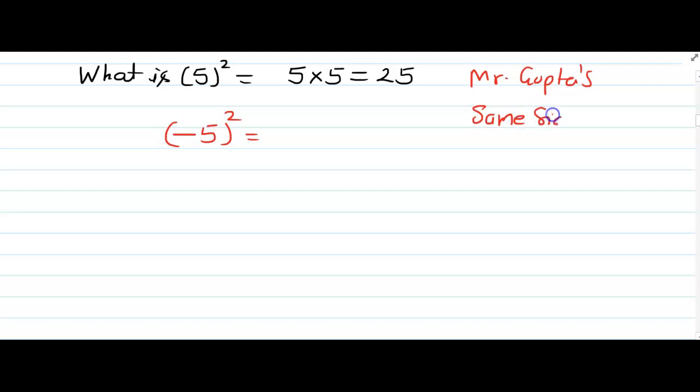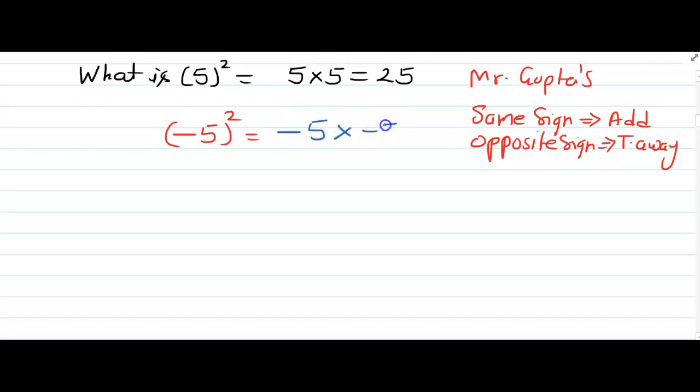Same sign means add, opposite sign means take away. So minus 5 squared means you're multiplying minus 5 times minus 5. See here, this is minus and minus. They are the same sign. So same sign, when you multiply, then you get add. So it is plus, and 5 times 5 is